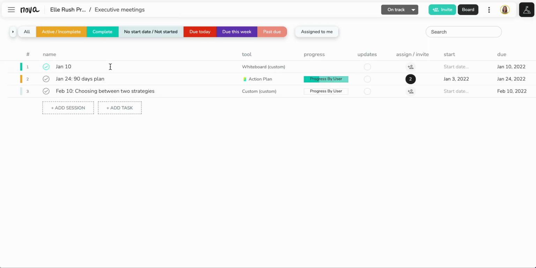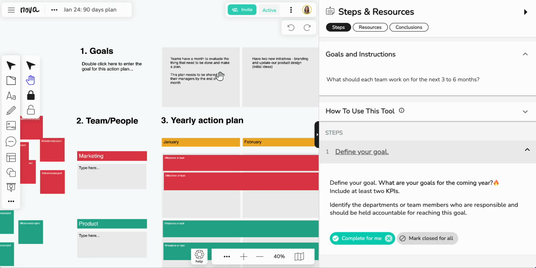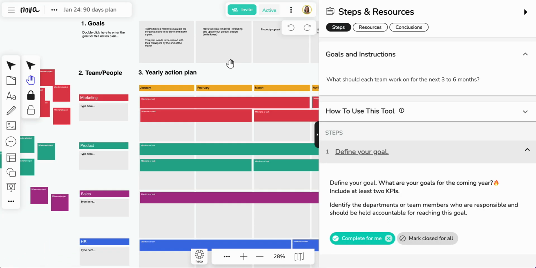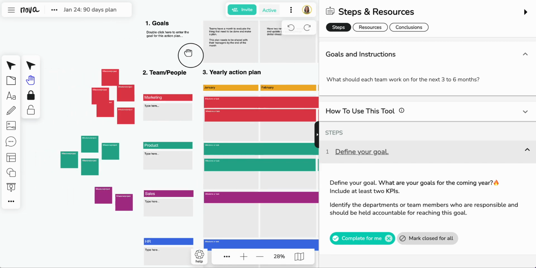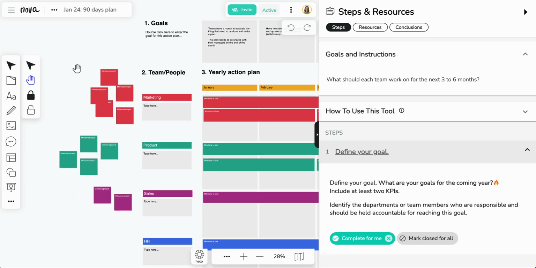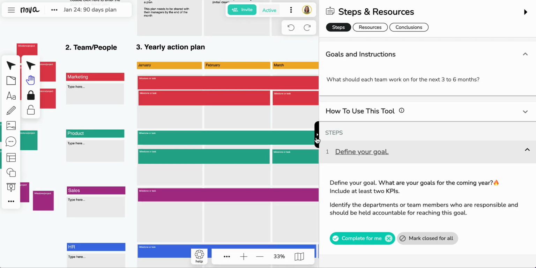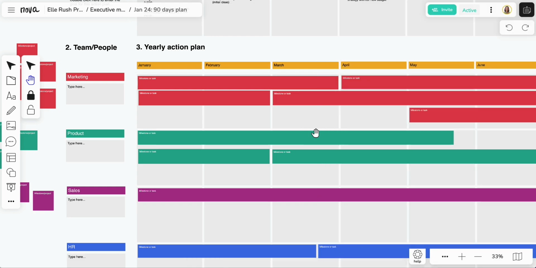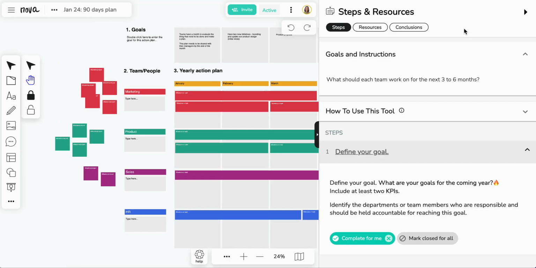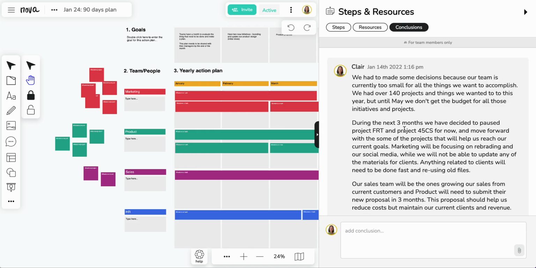Going back to the project, you also have here other sessions. So in here, we wanted to develop an action plan for the next 90 days. So we worked together and kind of evaluated all those key things that we thought we needed to do and decided which ones we really wanted to move forward with. So we have all of that here, and as you see, if I go to conclusions, a team member added the conclusions here,